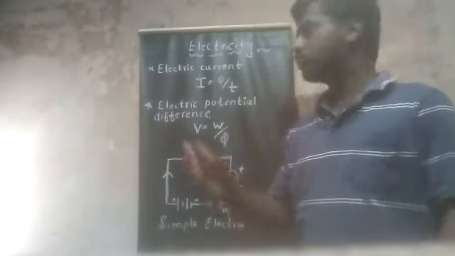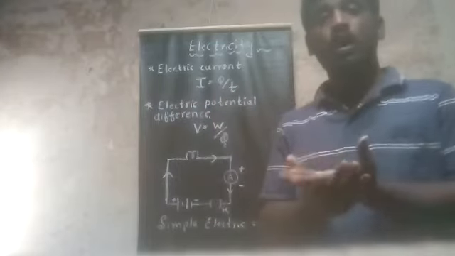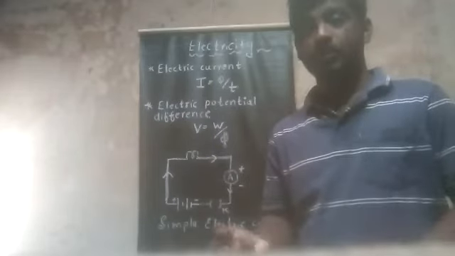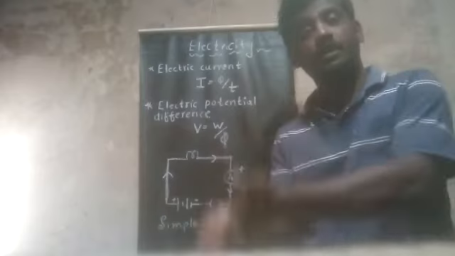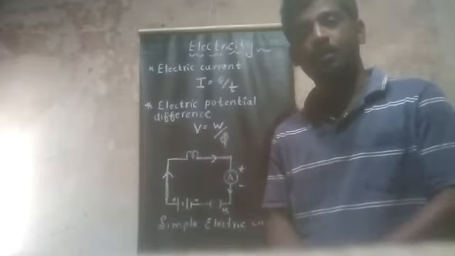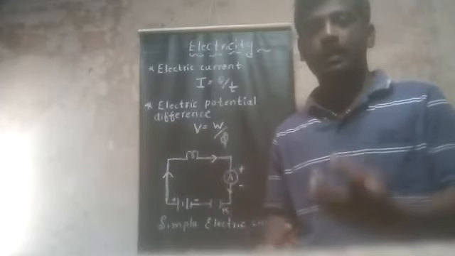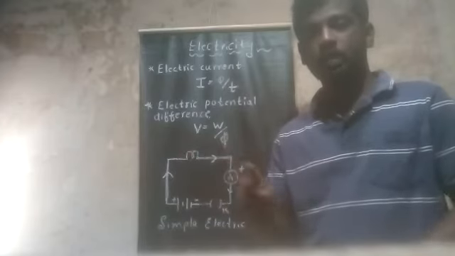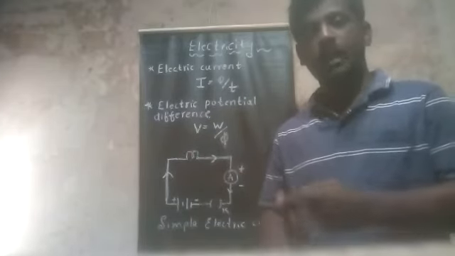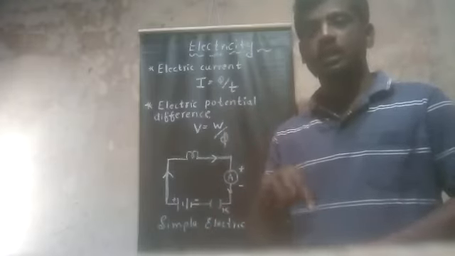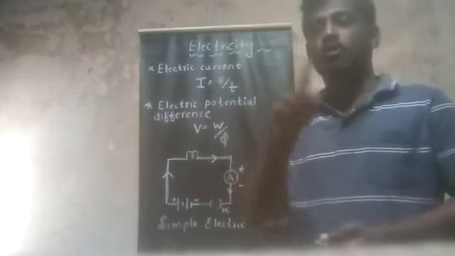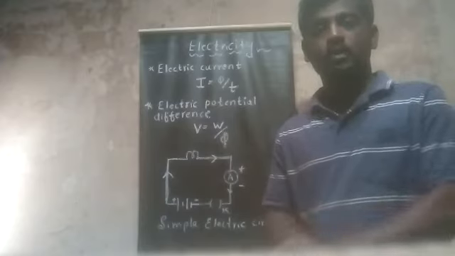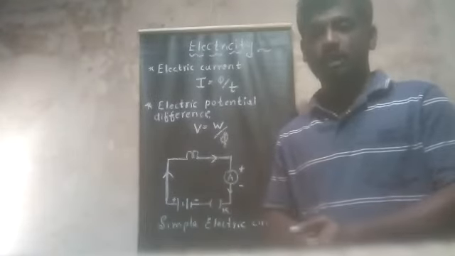Okay, the first basic concept in this is electric current. To know the basic definition of electric current, we shall know about what charges are. So we have to get into the basics of a material. A material is made up of small particles called atoms. Atoms consist of one nucleus, right? Inside the nucleus protons and neutrons are present, and outside the nucleus there are electronic shells. In that, electrons will be revolving around the nucleus. That is the basic. Proton is positively charged, neutron has no charge, and electron is negatively charged.